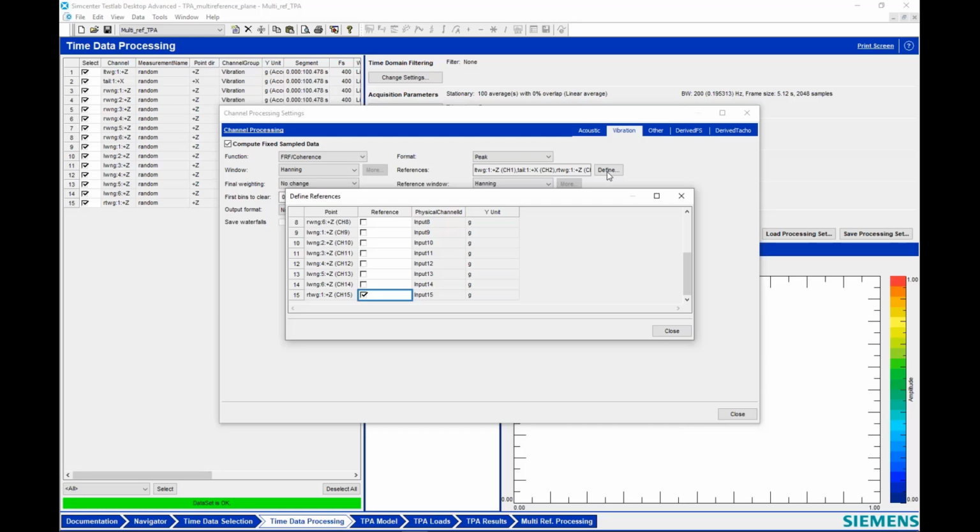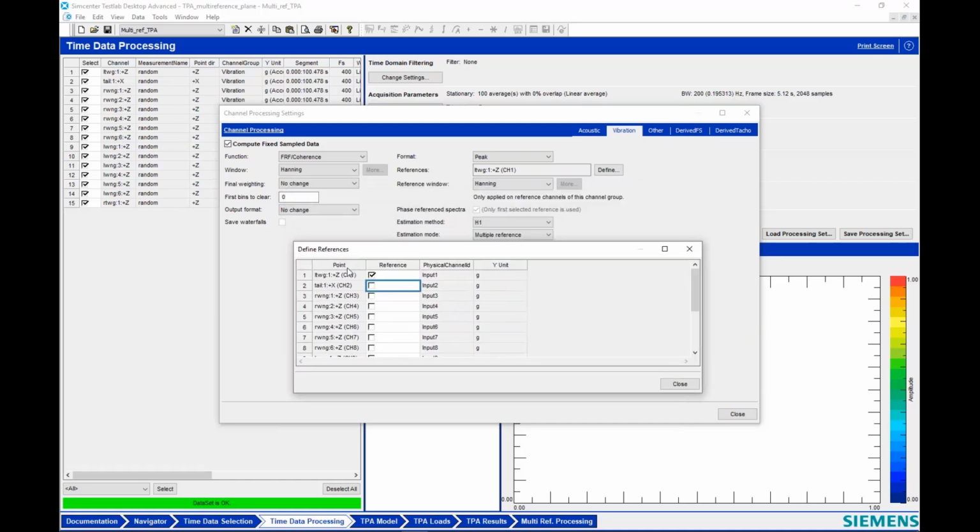In this case, our references are partially correlated. So if I were to calculate an FRF with one reference turned on and look at the FRF from the tail to left wing 1, it would be a certain FRF. And if I turned on another reference, that same FRF from tail to left wing 1 will be different. If I turn on another reference, it will be different again. And that's surprising to people. I've had a couple of people think it was a bug, and it's not a bug. Let's see here, left wing, illustrate references.